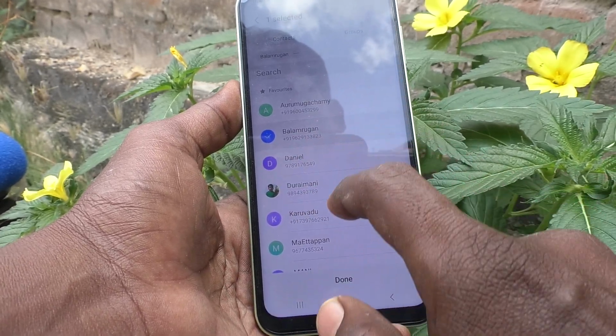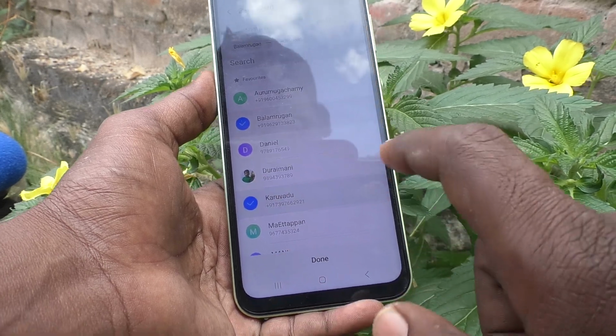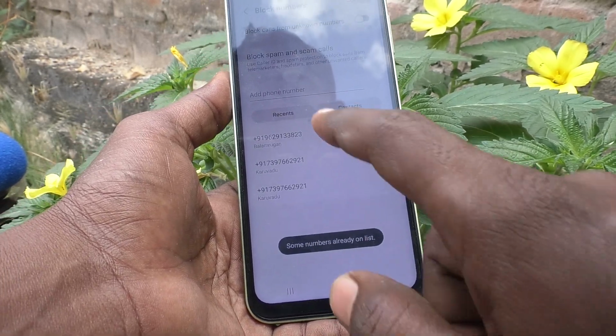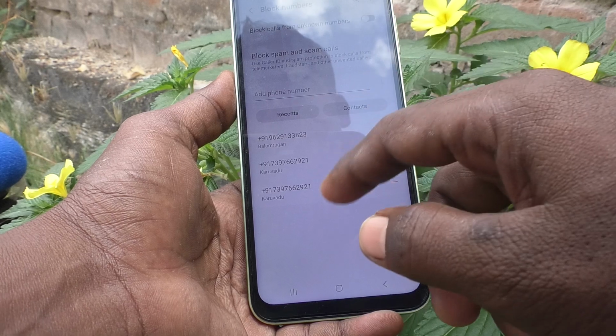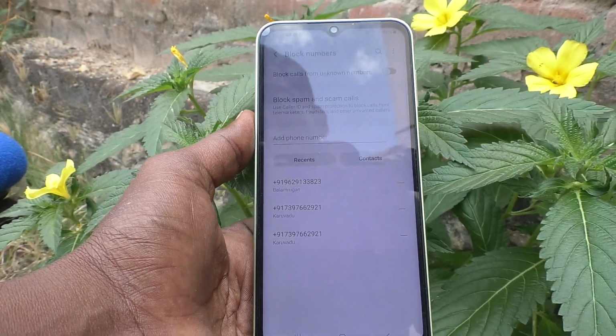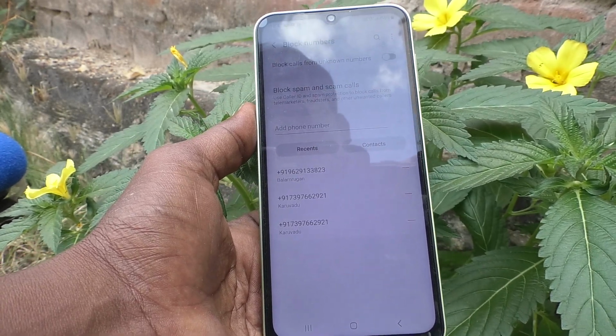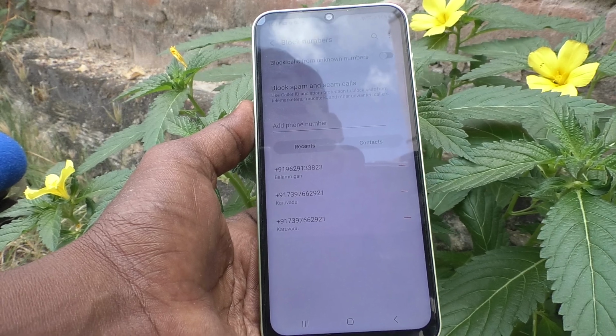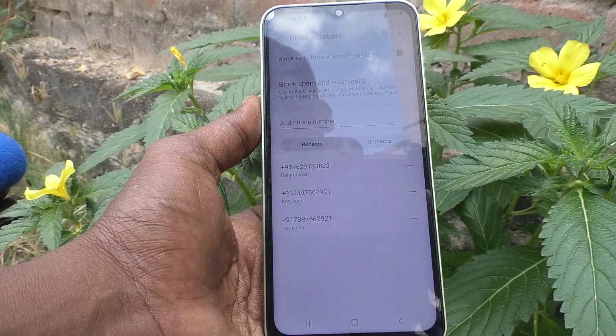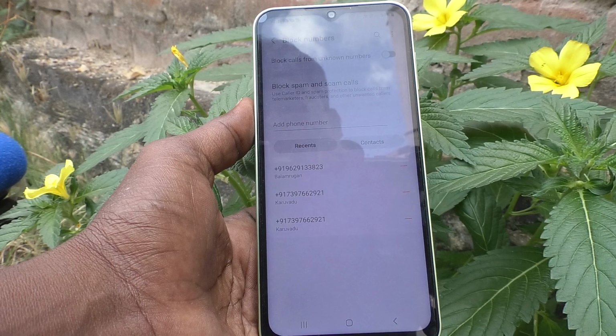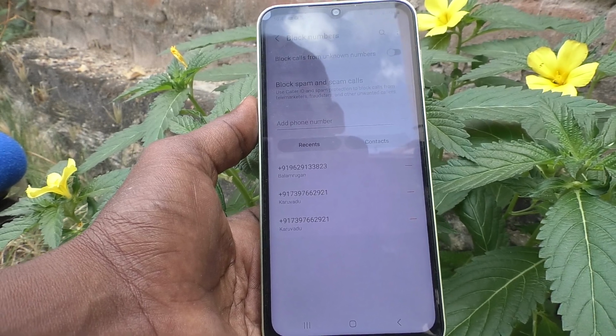I would like to block Balamurugan and Karuvadu. That means these two numbers will get blocked. Okay, automatically it will get blocked. If they try to make calls, they will not get connected with me. Okay, so in this way you can easily set blocking numbers in your phone